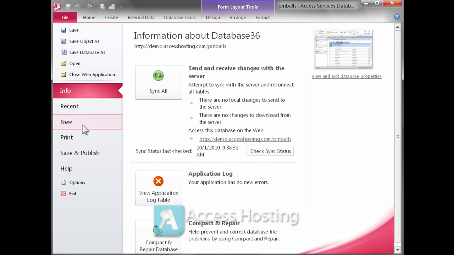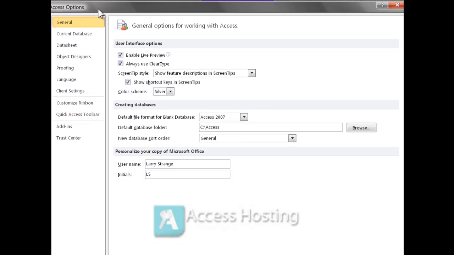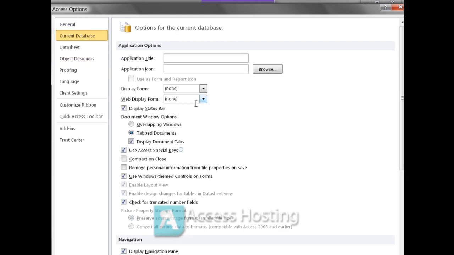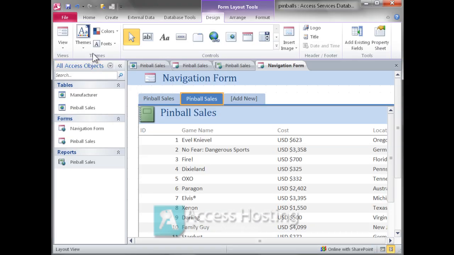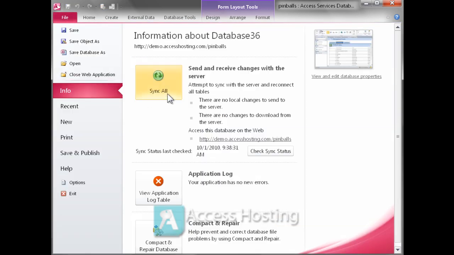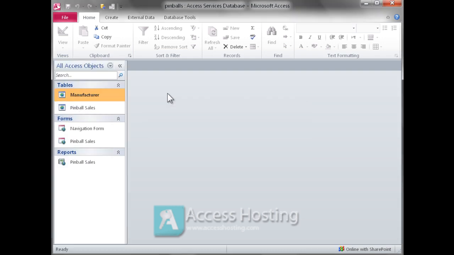We can go back up, and under the options menu of the file drop down, underneath current database, set the web display form to be the navigation form we just created. So this really operates much like an auto-exec macro, in that when you come to the web page, instead of seeing all the objects in the database the way we did before, we're now going to see that navigation form. We press sync and publish those changes out to the web,